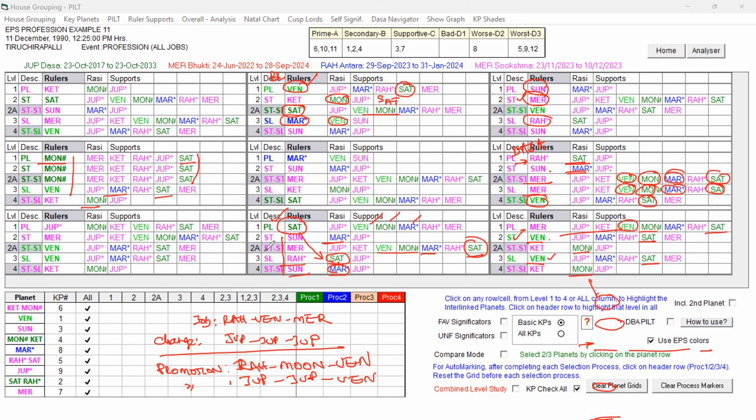He got the promotion during Rahu Dasa, Moon Bugdi. In which Antara? Which is the favorable key planet supportive of the promotion? Venus, Moon, and Saturn. So that Antara Lord should have these planets. Which are the planets that have Venus, Moon, and Saturn in the rulers? Not this, not this. Here, Venus is playing a role, but Moon and Saturn are playing in support. That is fine. But these planets, Jupiter and Mercury, are pink shade and will not favor. So the Antara Lord planets should be supportive, along with having the key planets in supports and also rulers, fine.